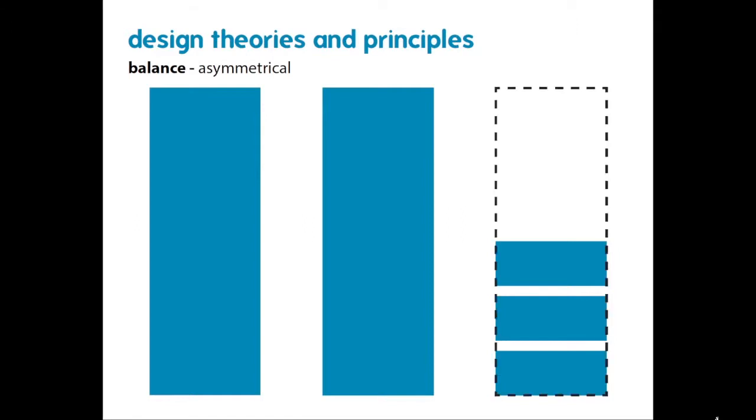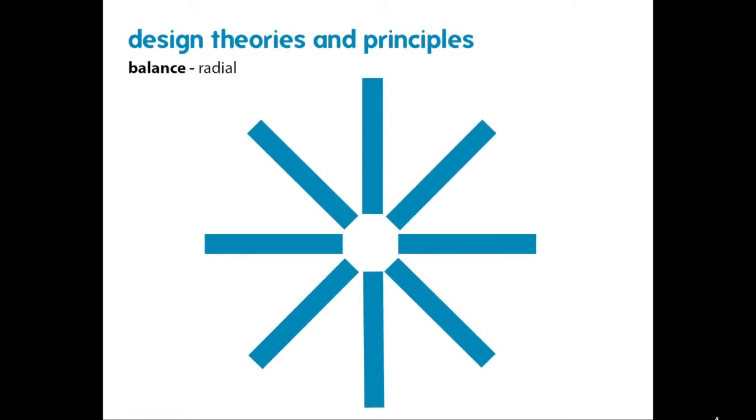It's important to keep in mind that actually the three rectangles on the right side are still adhering to the overall proportions of the other rectangles. So even though they're different, they're still working within an existing framework. And so it's important to keep in mind that if something's asymmetrical, it's not necessarily chaotic. You're just creating a bit of tension by distorting or modifying the relationship between objects on a page, but it's not utter chaos. Finally, radial